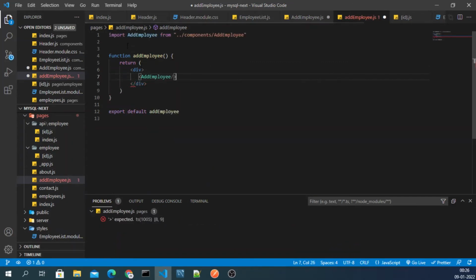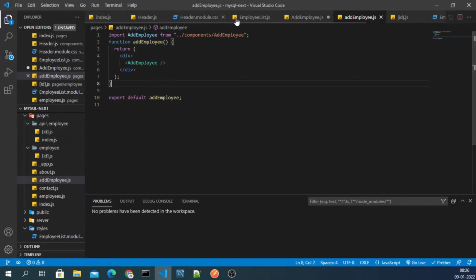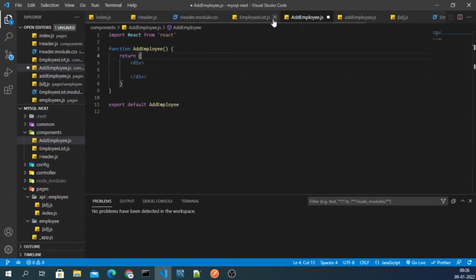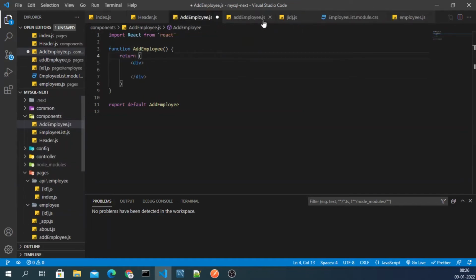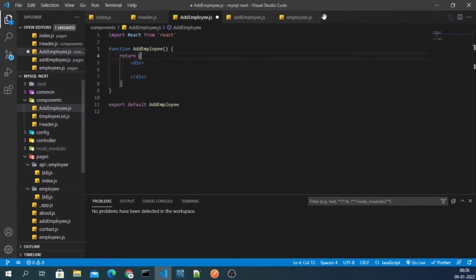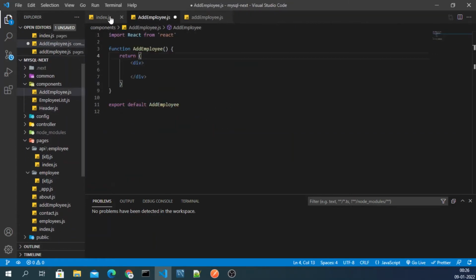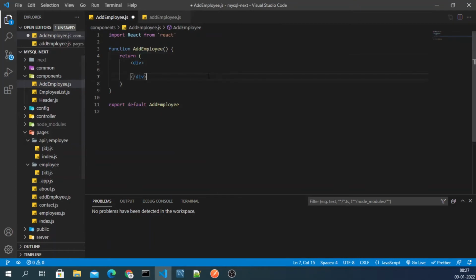Okay, like this. Now we can close this header and this file as well as employee, index part as well. Okay, so this is add employee, and here for now I simply type add employee.